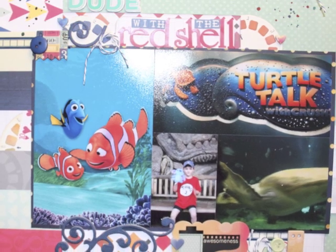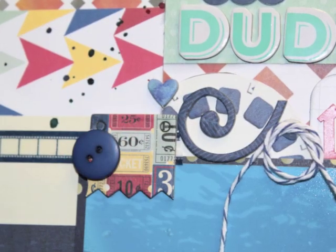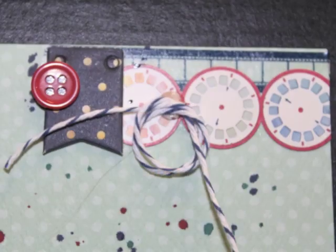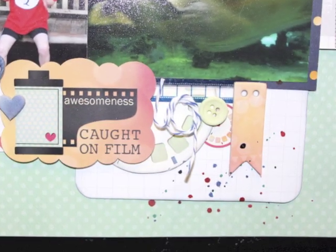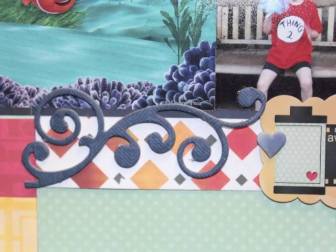Now I'm going to show you some close-ups of the entire layout and then of each individual little cluster. And I'm a little behind uploading everything to my Facebook and all these other things. I spent a lot of time doing extra videos for National Scrapbook Day and for